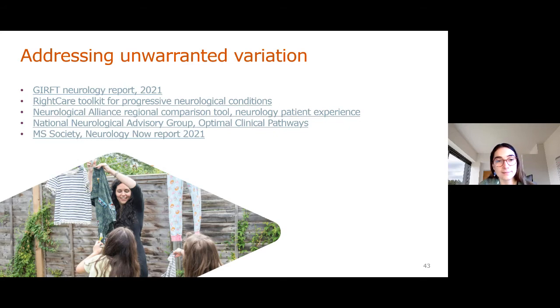And then on this slide here are just some links to how you could seek to understand and address variation in neurology if that's something you're interested in. But obviously these are relevant to a lot of other conditions too. GIRFT, Right Care. We've also highlighted there that a lot of patient organisations do have surveys of patient experience. The Neurological Alliance has one, and they have a regional comparison tool that you can look at. We've also highlighted that there is lots of work going on to articulate optimal clinical pathways within NHS England, which is really fantastic. And I think having those will really help ICSs understand what good looks like. And then I've also linked to one of our reports as well. And then the final slide